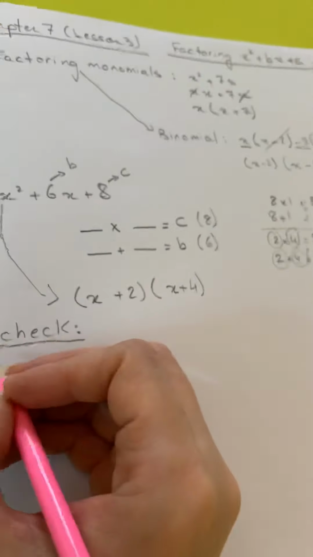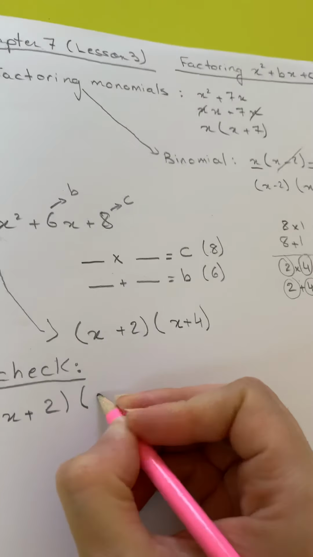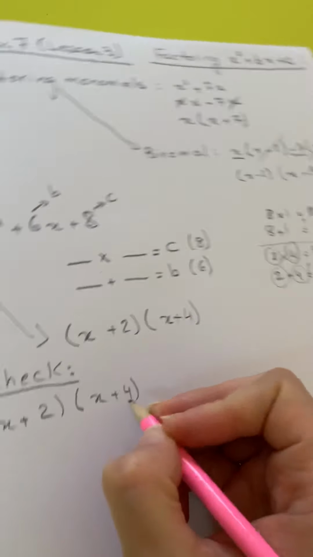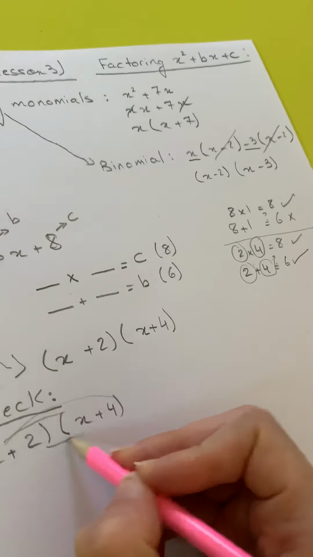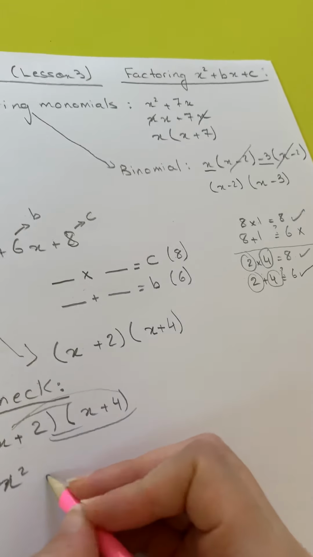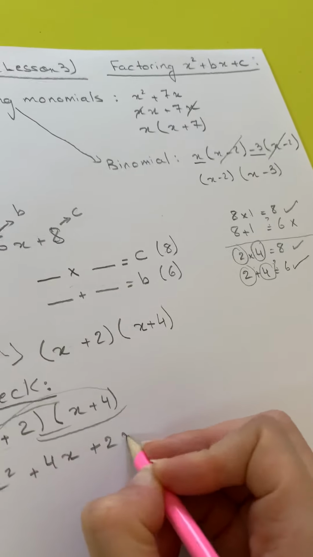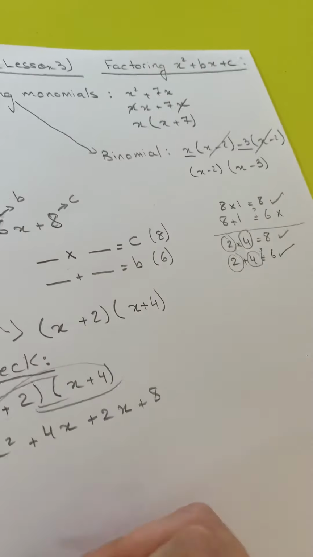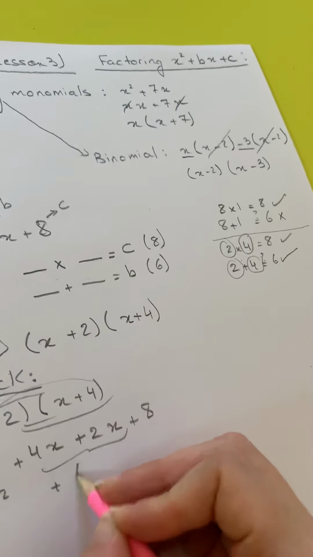I take the answer, (x + 2)(x + 4), and use the distributive property. It will be x^2 + 4x + 2x + 8, which is x^2 + 6x